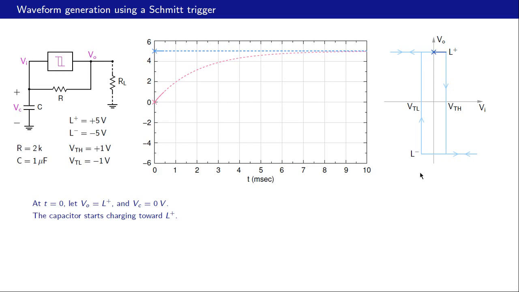Let us look at what is happening with respect to this VO-VI relationship. We started off here at t equal to 0. So our VC or VI was 0. Our VO was plus 5. And now this capacitor has started charging. What does it mean? That means VI has started increasing. VI and VC are the same. So therefore, we are moving like that. And what happens when VI crosses VTH? The output flips